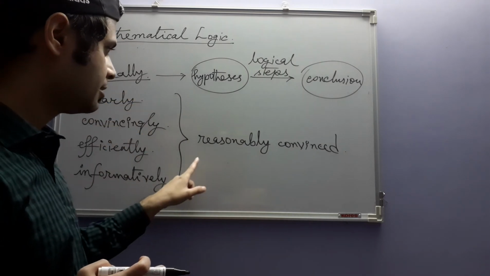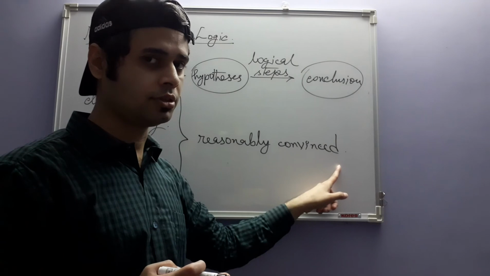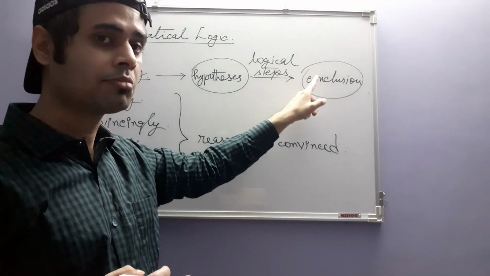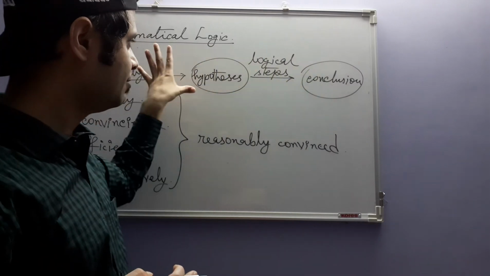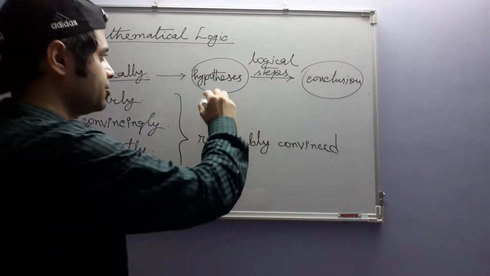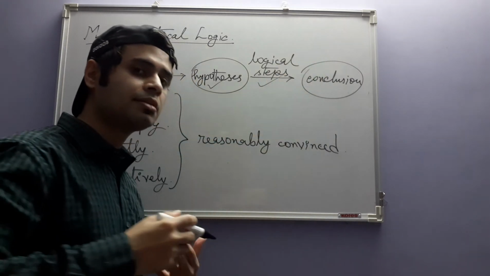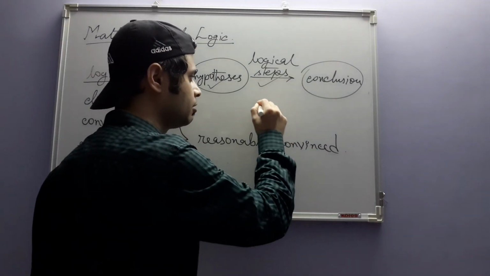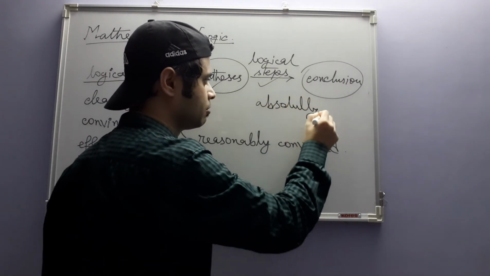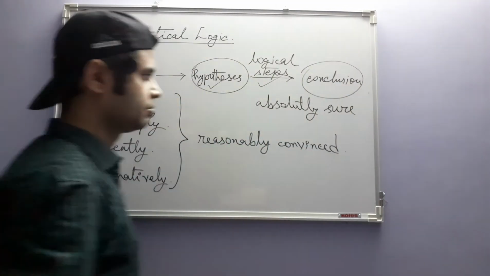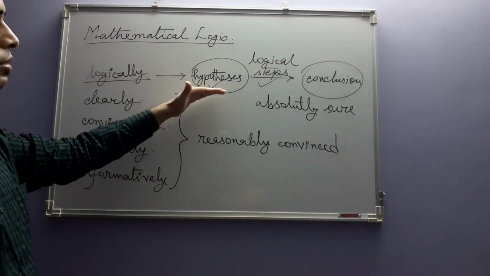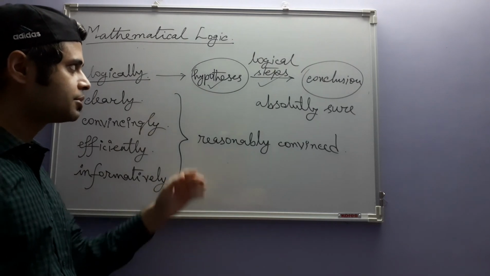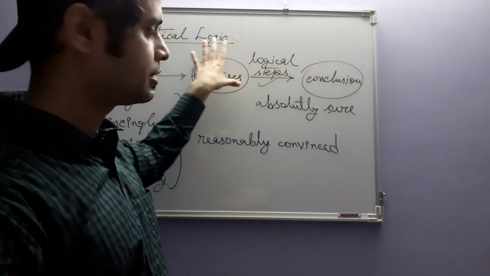Here, in other styles of writing, someone is reasonably convinced that the conclusion is true. However, in logical writing, someone has to be absolutely sure. I mean, someone must be absolutely sure that the conclusion is true if the hypotheses are true and the steps are logical. And obviously there is a big distinction between being reasonably convinced and being absolutely sure. So that's why in mathematical arguments we adopt the logical way of writing. And because of this distinction, sometimes a logical argument, that is a sequence of logical